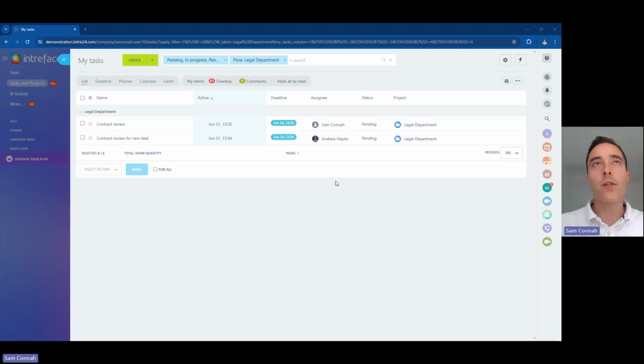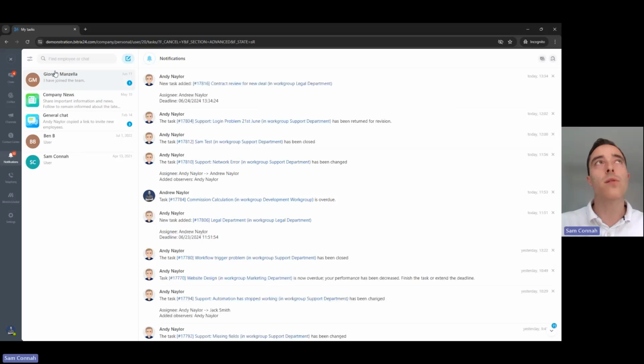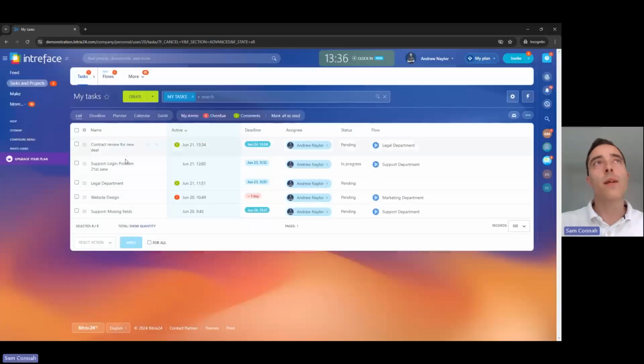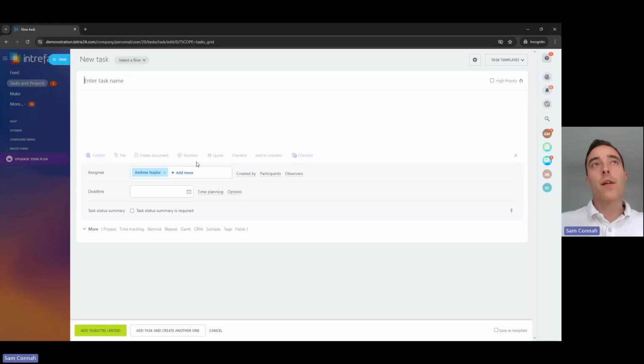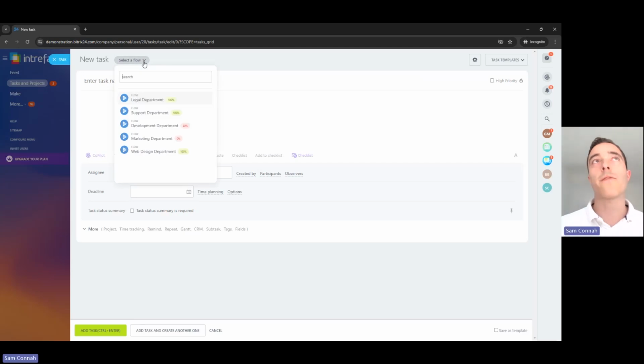And let's just take a look at another way we can also add a task into a flow page. So if we're inside our task management area of Bitrix, as you can see here, we can see what tasks are associated to what flow. If we click into the create task page, you can create tasks as you usually do in Bitrix. But a new feature that you'll see now is the select flow feature. So if you wanted to add a task into a flow through this UI, you can simply select the flow